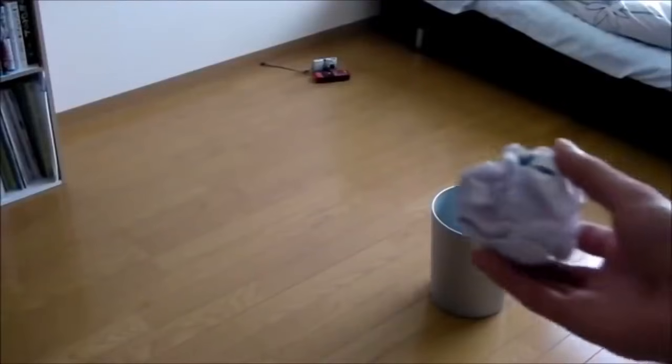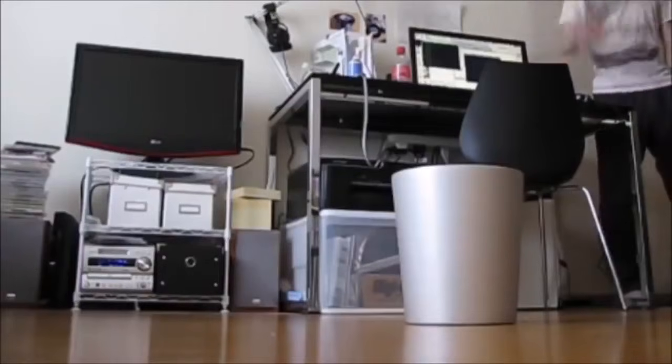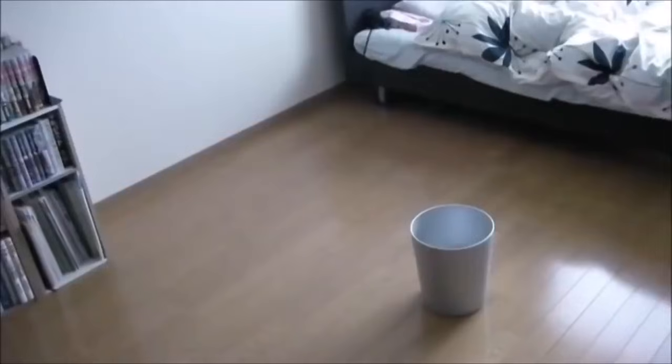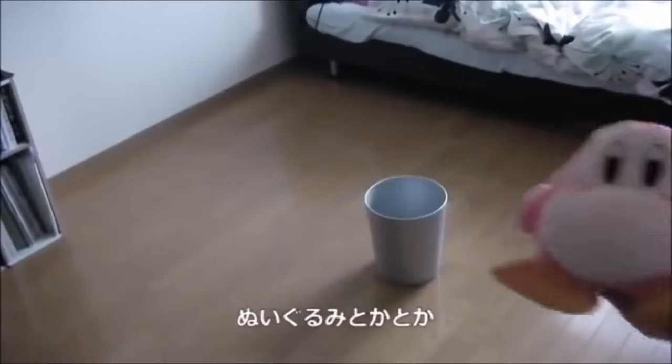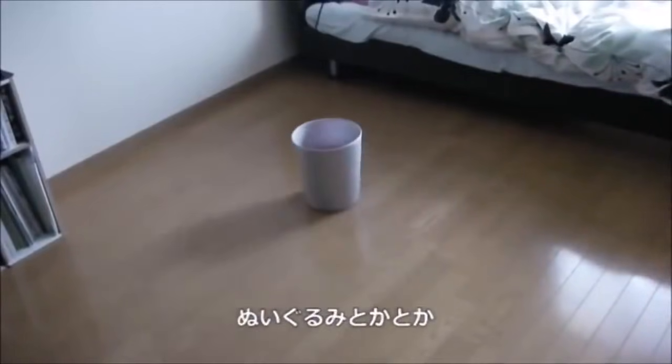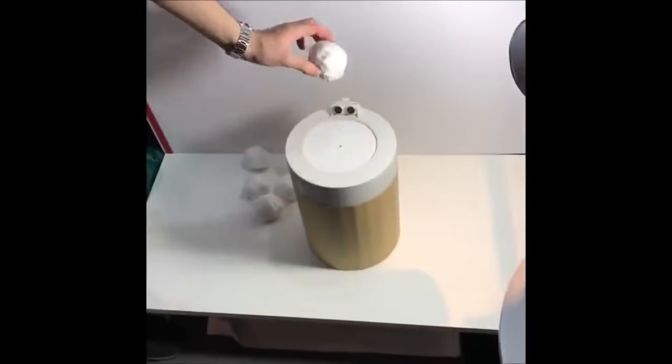This trash can is so smart it knows exactly where the trash is gonna land. Here is a floating roll of tape. You can hear that thing just like...